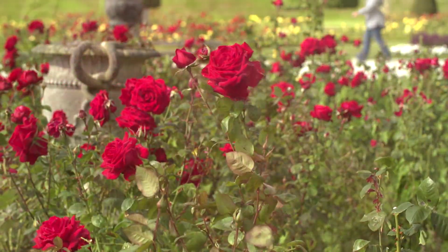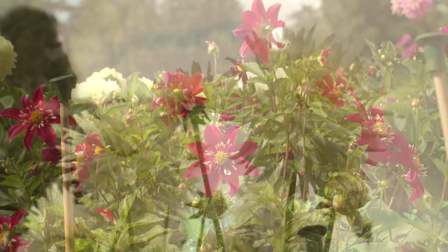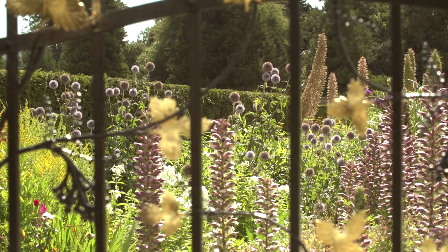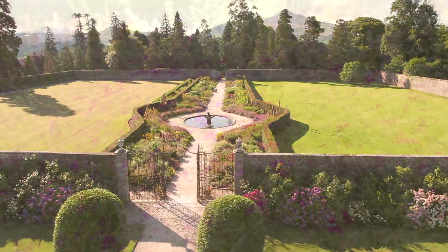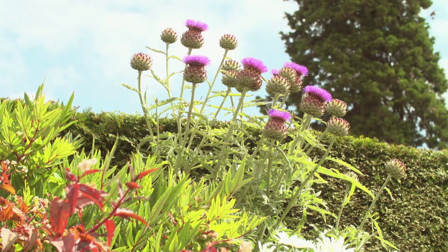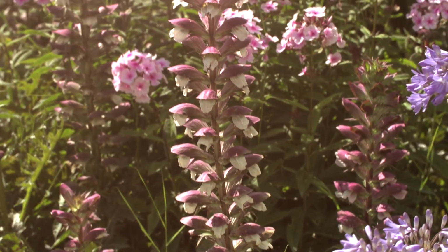Everything comes to life. The plants are going through their process, they're flowering, they're setting seed, they're looking to produce and to continue on the next year. What we're in now is the herbaceous border, and really this is the showpiece in the summer. This is what we sort of work to all year, and this is our reward. This is the reward to come to Powerscourt and see this transform through the seasons and reach its peak in